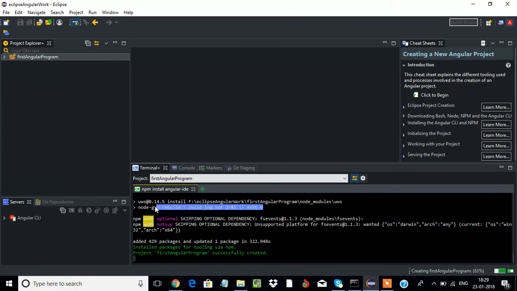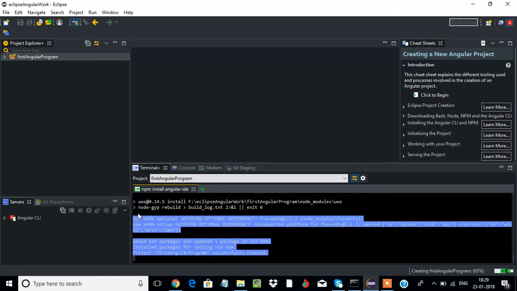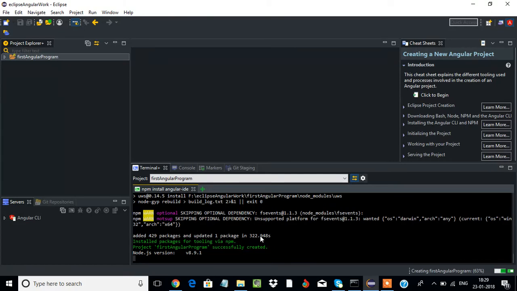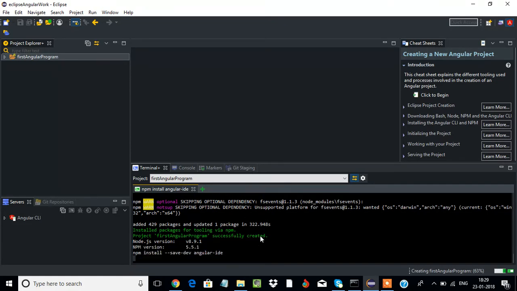You can see the exit code 0 here. It means that it's installed successfully. And if you see the green messages, it's saying install packages for tooling via npm, project first Angular successfully created. So most of the things that are required for Angular are already created here by Eclipse IDE. Please wait for this job to be completed. It's showing 63%. Let's wait for it to be 100%. Then I will show you how to launch our first program